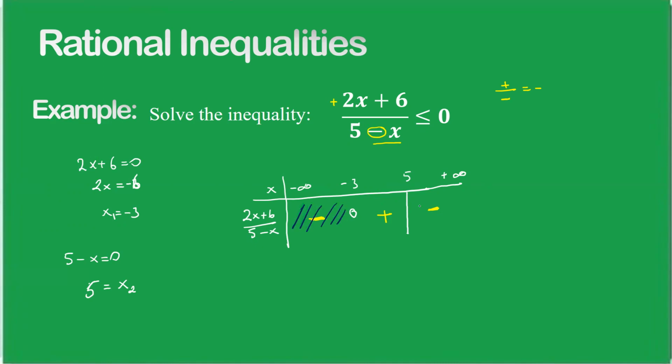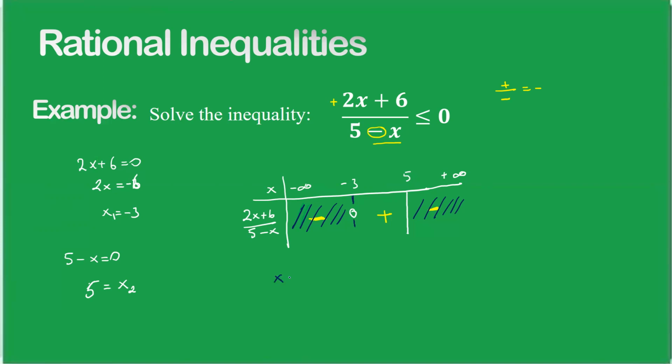This part is less than 0. Also, this part is less than 0. But here we have equal to 0, less than or equal to 0. And also here, minus 3 is our solution. Right? So we have to